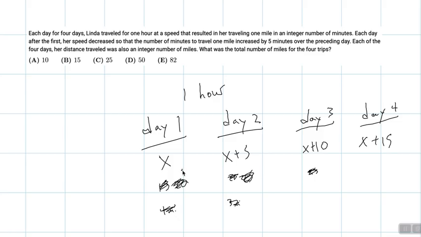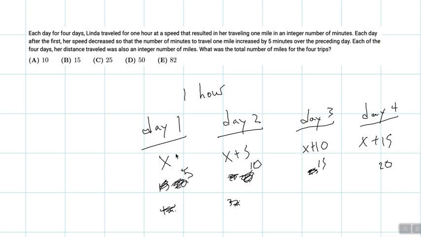So for example, if she went a mile in 5 minutes, then she went 10 minutes, 15 minutes, 20 minutes. All of these are going to result in an integer number of miles. And there's no other way, because if we started with 10 here, we would get to 25 on day 4. And it's not possible to do 0. So in this case, if she does a 5-minute mile,